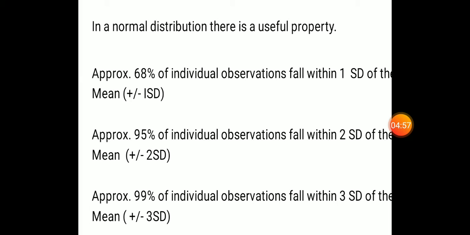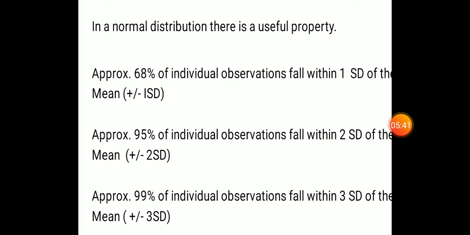When we say this, we mean that 95% of the area of the normal curve, and hence 95% of the values in the distribution, will be included between the limits of mean plus or minus 2 standard deviation. Understood? We have selected only 25 students, but we are predicting the height of all students of this 2017 batch. Of course it is not an exact value, but at least we can tell that they are within this particular range. That is the peculiarity of the normal distribution.